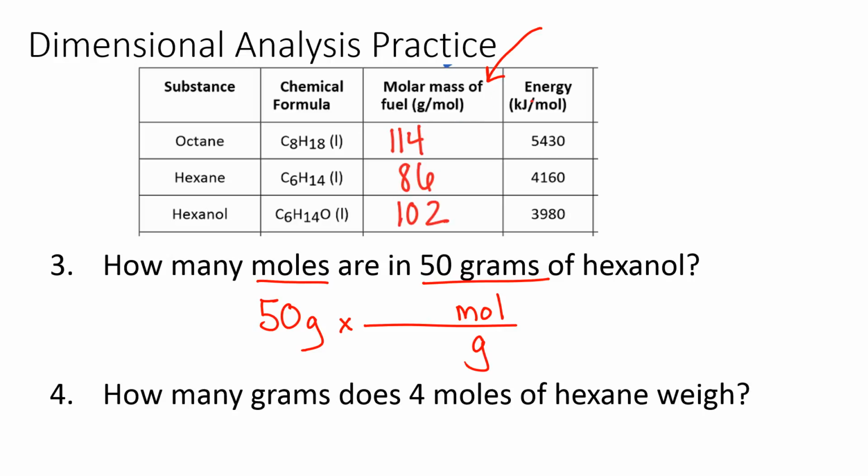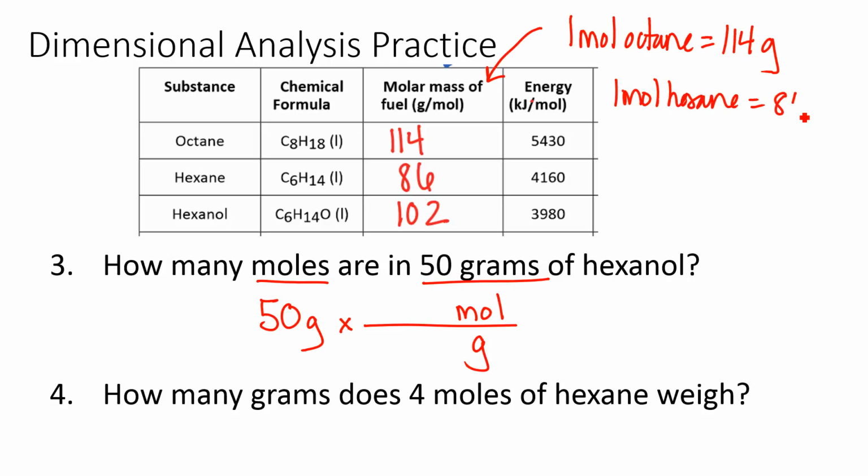So this number tells me, for example, that 1 mole of octane weighs 114 grams, or 1 mole of hexane weighs 86 grams. Here I'm talking about hexanol, and this number tells me that 1 mole of hexanol weighs 102 grams. So if I plug that in my calculator, 50 times 1 divided by 102, I end up with 0.49